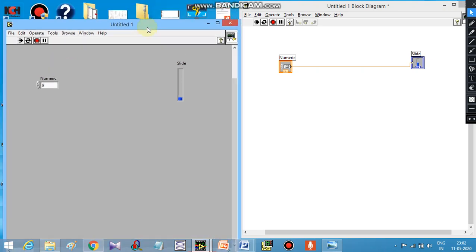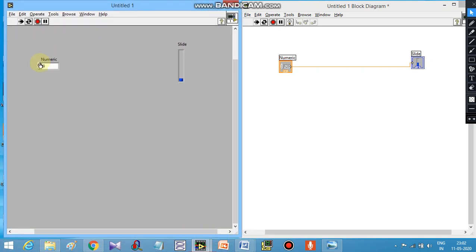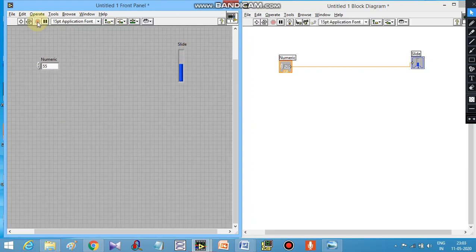If I increase this value, the output will increase. I am not doing any operation in between, I have just connected this input directly to this output. If I make it 55, this will become 55. If I stop it, it will be stopped.